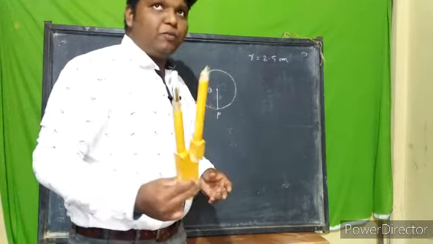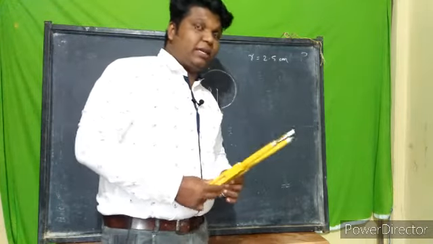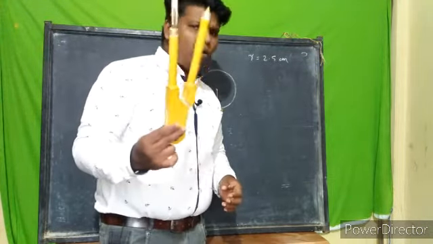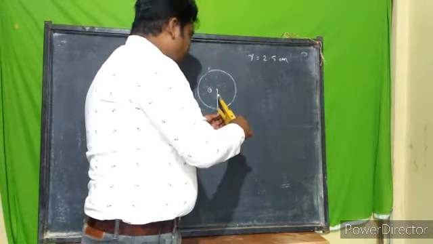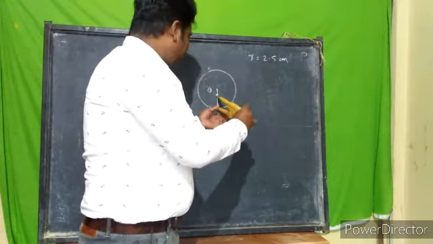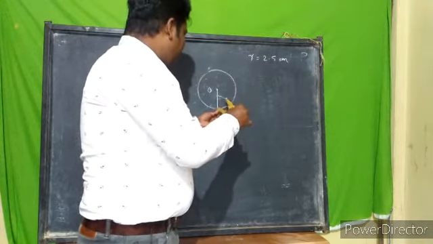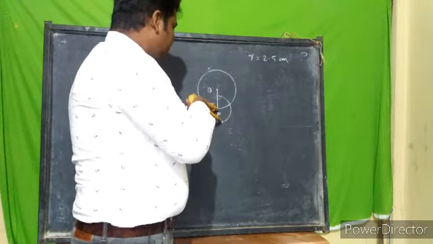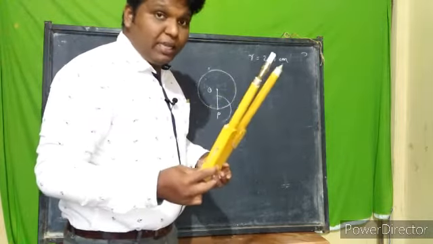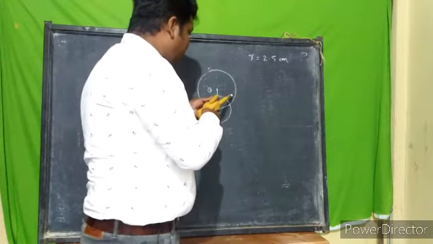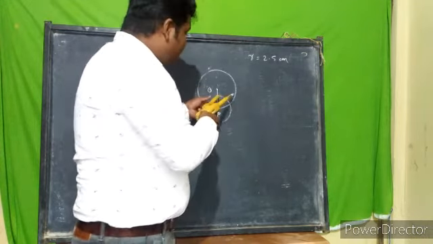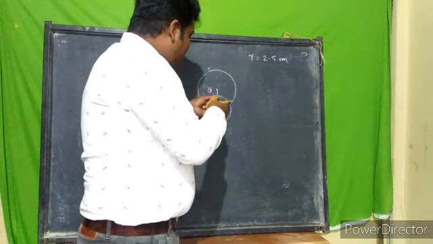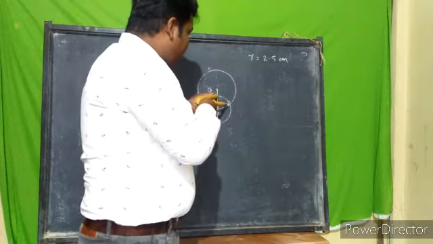So what do you have to do for preparing 90 degree? In 9th class we have studied, take a small radius in your compass, and then pointing on P, just draw an arc. Without changing the measure of compass, where your arc is touching on that radius, from that particular point, just cut the arc which you have drawn right now.